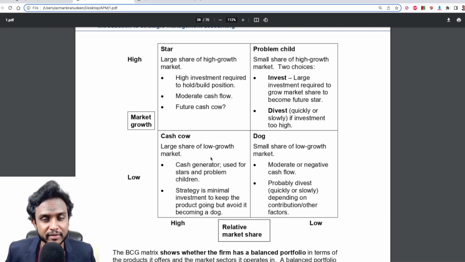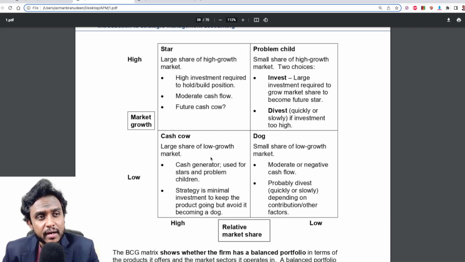It's not growing fast but it has a high market share. In such a case, like maybe Coca-Cola or Pepsi, you're basically looking at a cash cow, because you've got the market size that you need to extract as much as you can. So you treat it as a cash cow. You try to get as much cash as possible, because you never know when the market share is going to